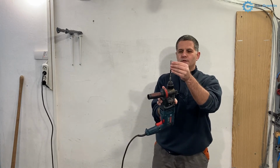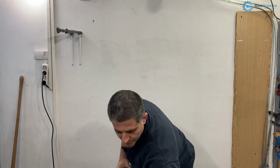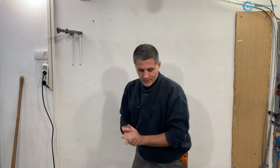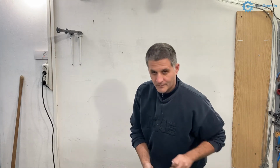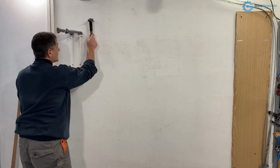So here I'm using this as the longest one of the two. Okay, so I've got a hole, 6 millimeters. Now I'll put in the first dowel, pushing it with my thumb and then